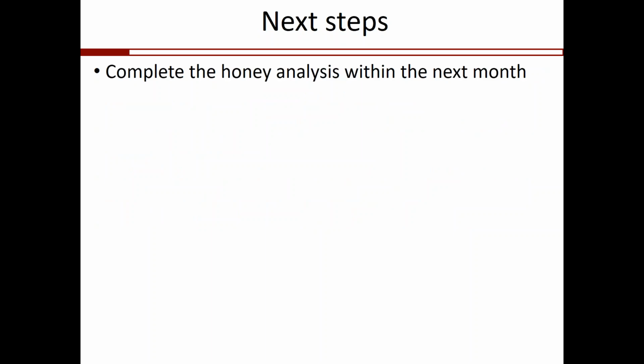So, some future work here. We are going to complete the honey analysis, at least the pollen side of things, within the next month. And we want to split the data that we have by region. The preliminary results that I showed you were just for Texas as a whole, but I've been mentioning how Texas has multiple ecoregions. So we want to divide that up once we get all of our data analyzed, and separate that out